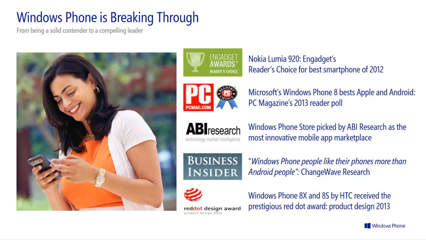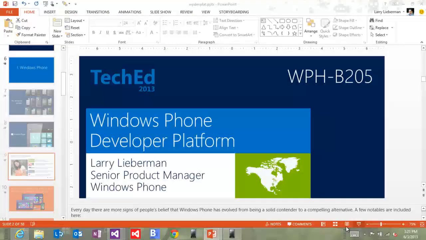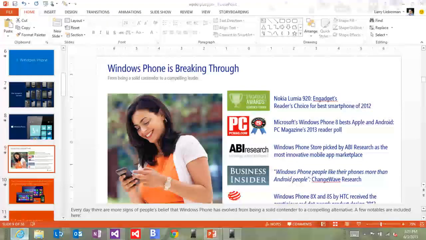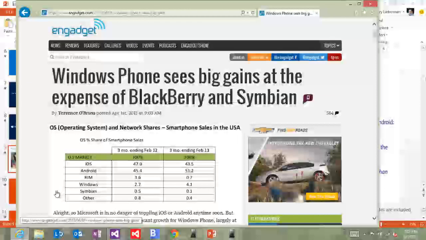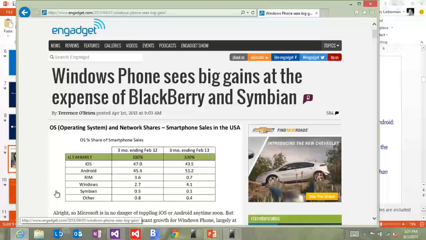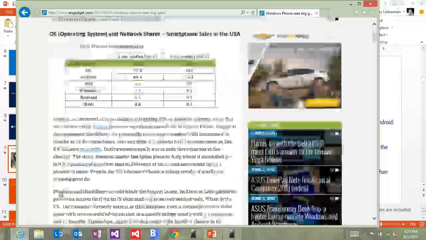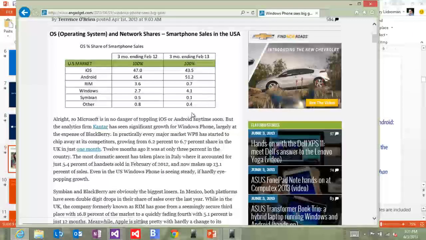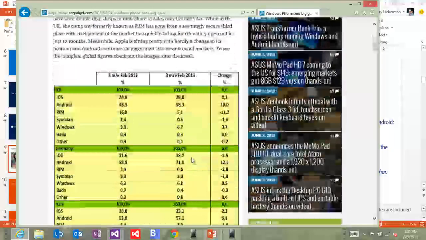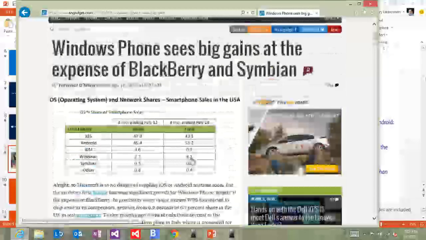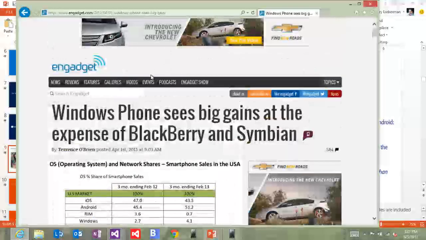If you've seen some of the recent data, and then today, just today, let's see if I've got this here. Yeah, here it is. Kantar Research released that Windows Phone 4.1 in the 3 months. Is this the one from today? No, this isn't the one from today. This is from April.